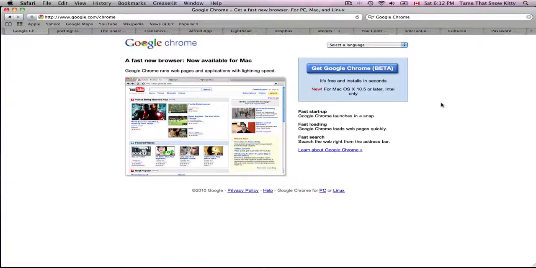Number 1 is an alternate browser. Safari is the default web browser for Mac. I'm using it right now. It's a great all-around browser. However, I recommend Google Chrome as an alternate browser, so you can either try it out and see if you want to use it all the time, or I sometimes just use it